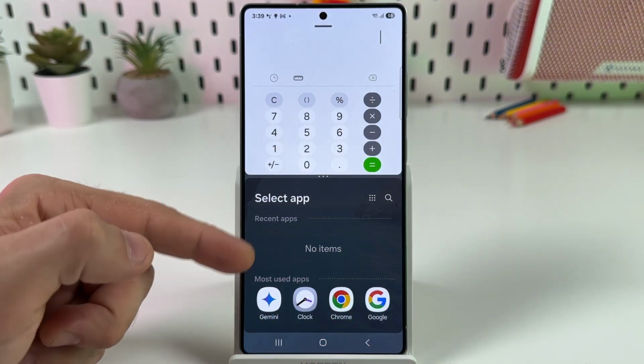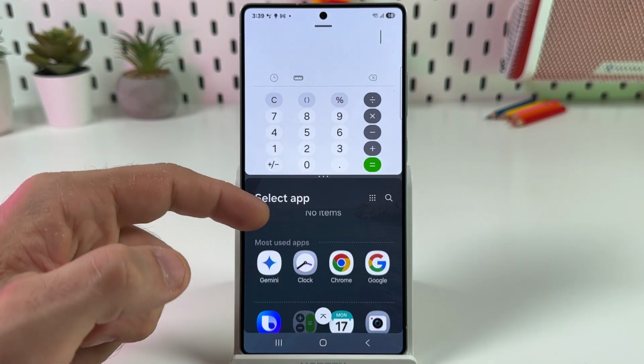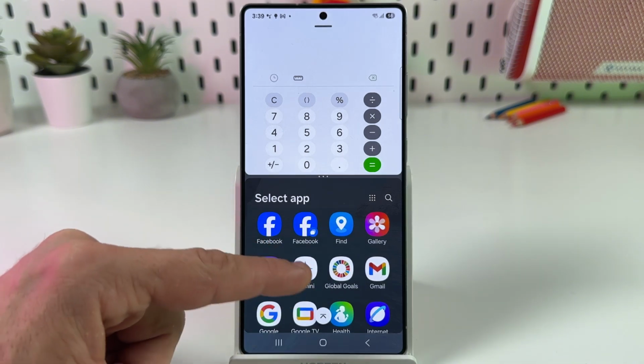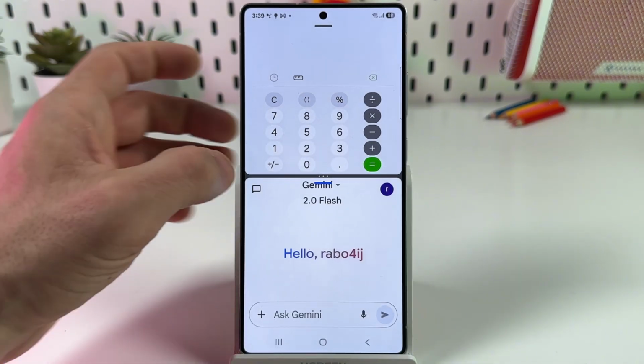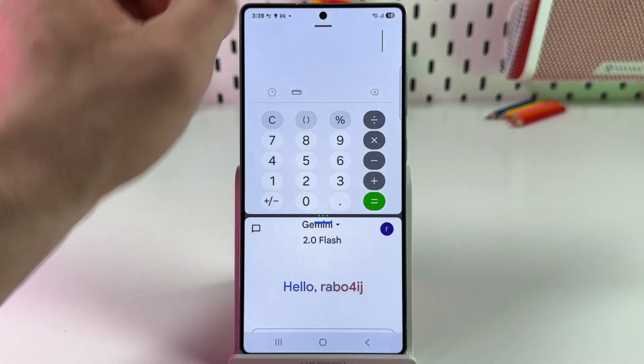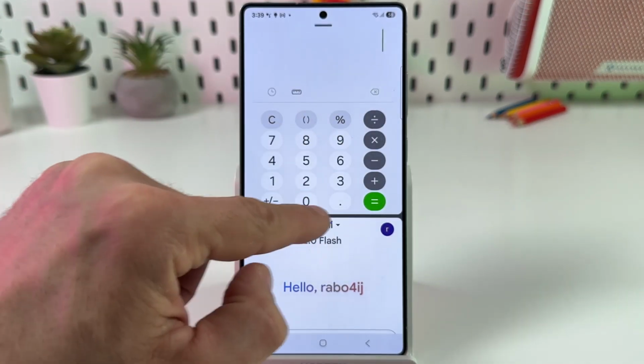It's opened. Now you can select another application from recents, from most used apps, or from the full applications list. Let's say Gemini. Now you can resize the screen. Just tap on three dots in the middle and resize, and you can use this small line on each application